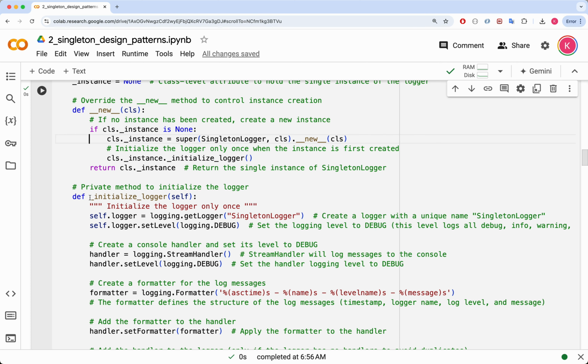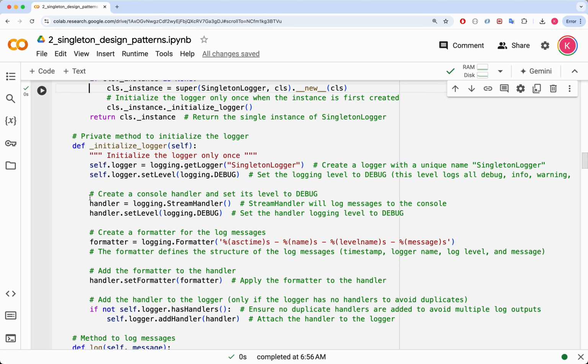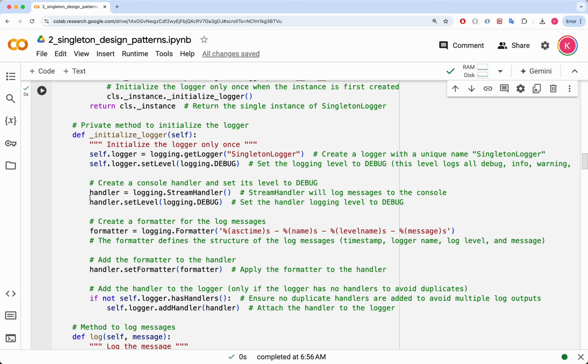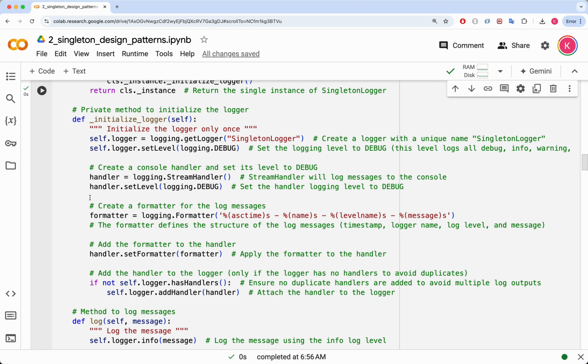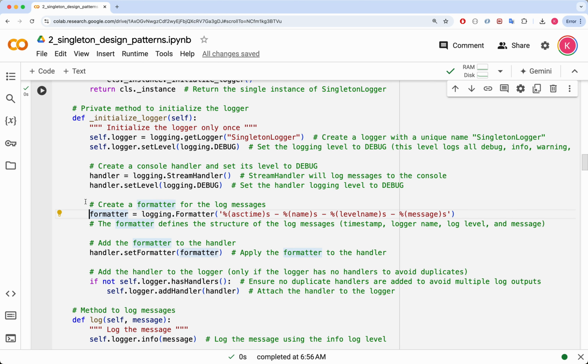The _initialize_logger method sets up the logger with a unique name, configures it to log at the debug level, and attaches a stream handler to direct log messages to the console. A formatter is also used to define the structure of the log messages, including the timestamp, logger name, log level, and message content. The check if not self.logger.hasHandlers ensures that multiple handlers are not added, avoiding the duplication of